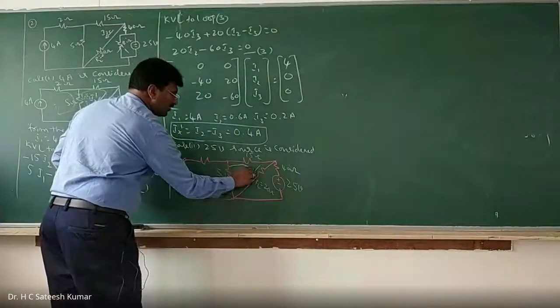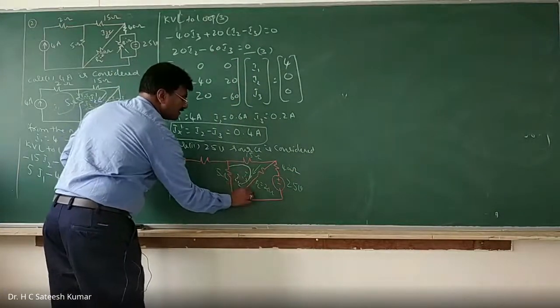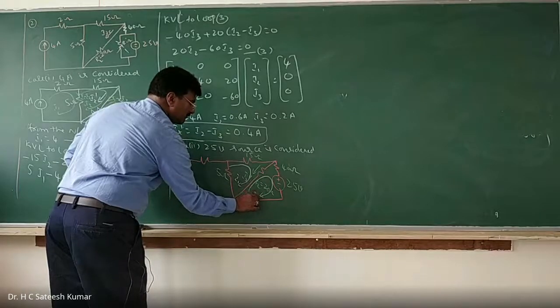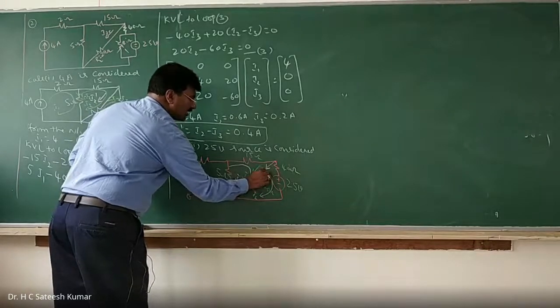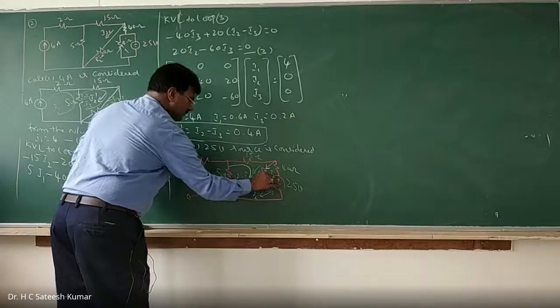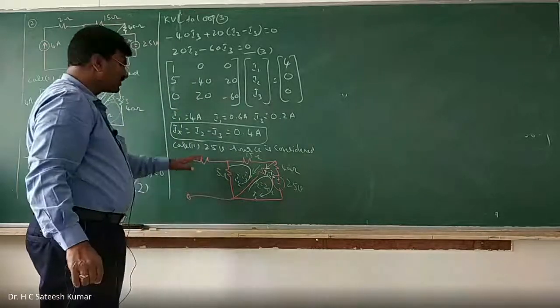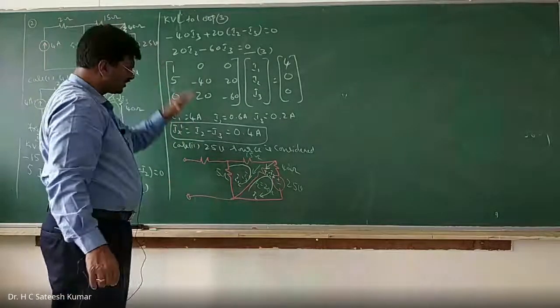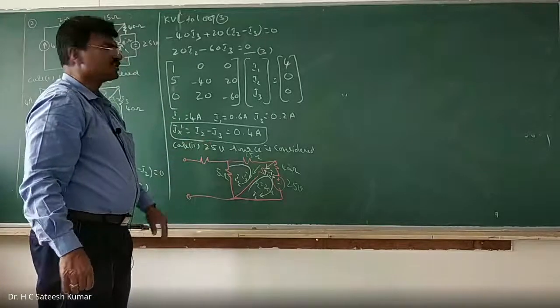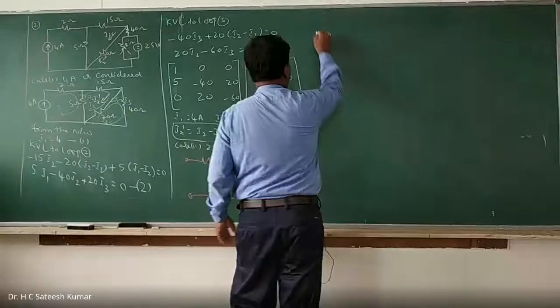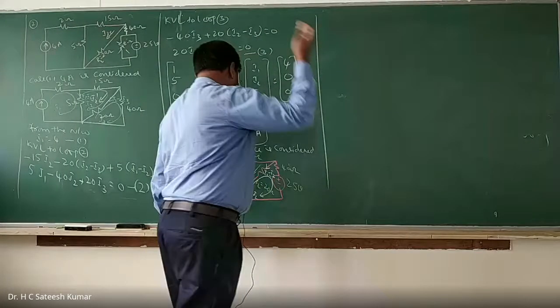This I'll call it as I1. This I'll call it as I2. These two, I1 minus I2. Okay, loop currents you can change it. It's a different circuit altogether. Because in case 2 we have a different circuit, so you can take I1, I2 different, or I3, I4, I5. I can take it, no problem.